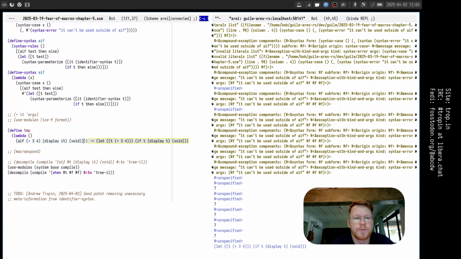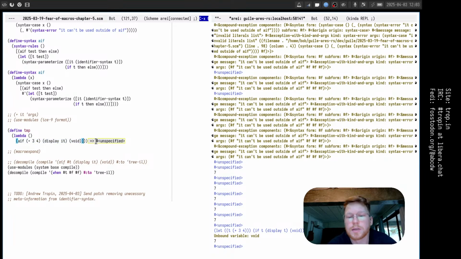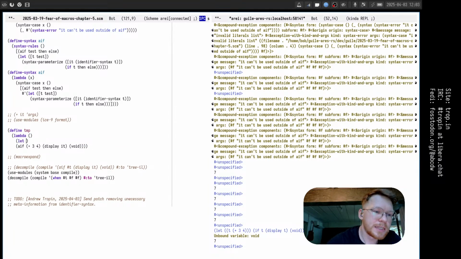Okay, we'll see what it expands to. It expands to a very simple let. By the way, if void is an unbound variable, which is cool, that means that this part never gets evaluated, so it never fails, which is very nice. What else? If for some reason we already have our t bound to 1 2 3,